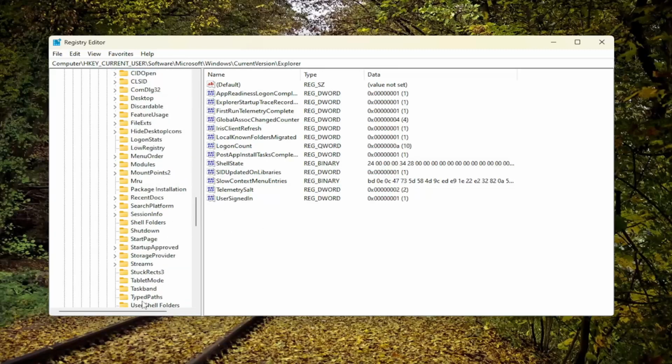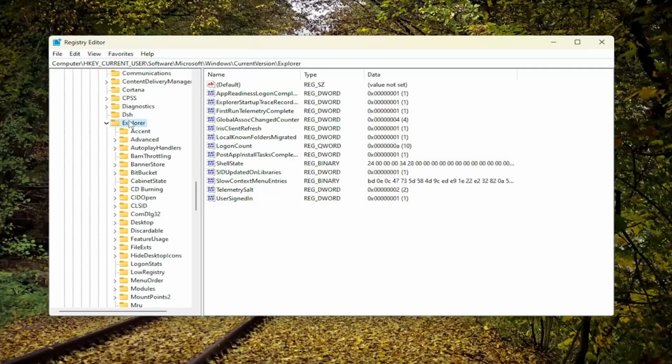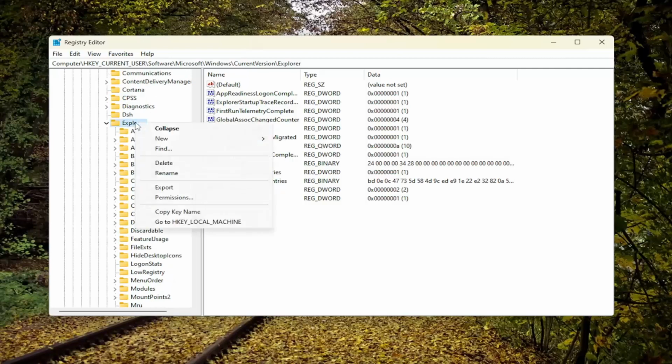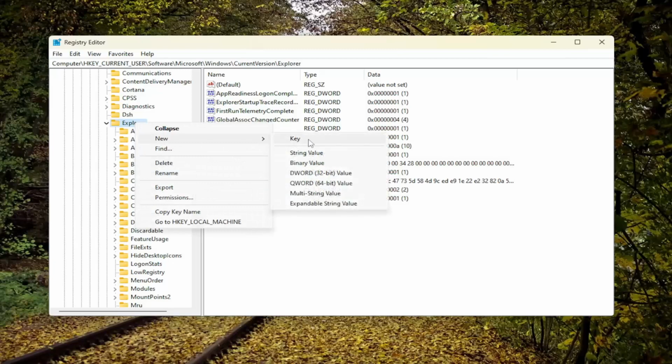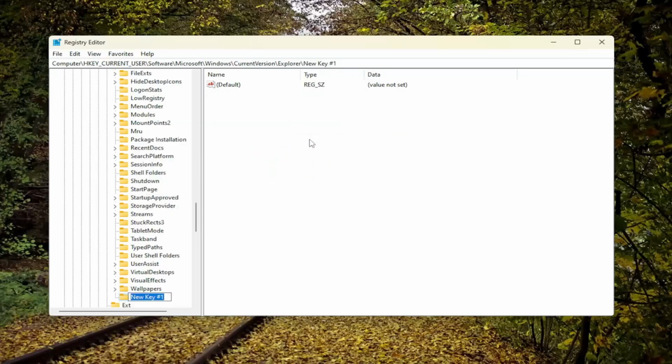And then there should be a Serialize key listed in here. If you do not see it, we're going to have to go ahead and create it. So right-click on the Explorer key that we just expanded a couple moments ago. Select New and then select Key. Name this key Serialize,